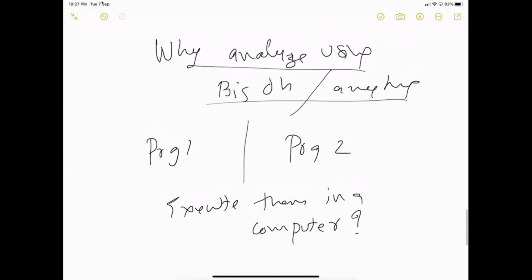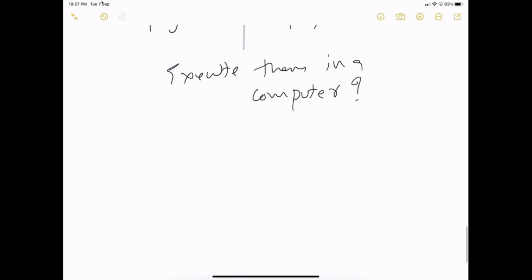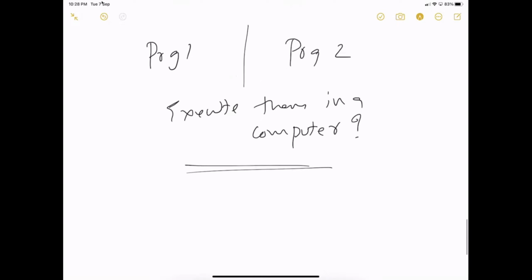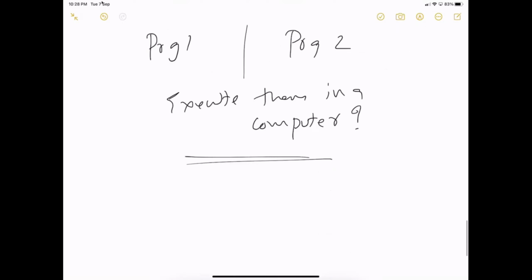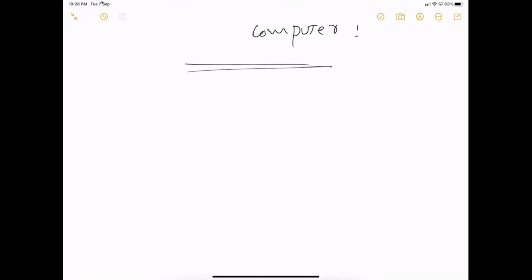So big O or other notations are used to make sure that you can analyze algorithms and give them, I will use very simple terms, some score or ranking, something to compare them, whether this is good or that is good. And to better understand, because I have just mentioned so many terms, you will understand it better if you take some examples.